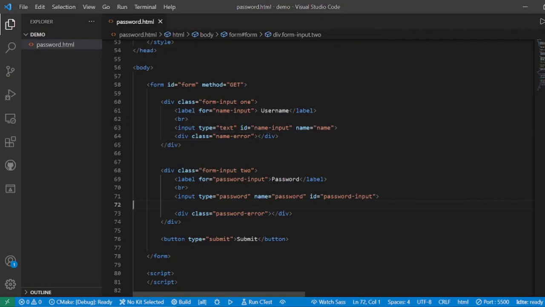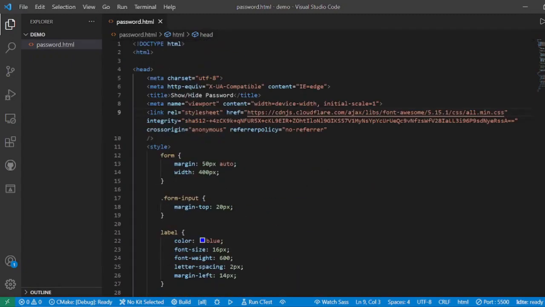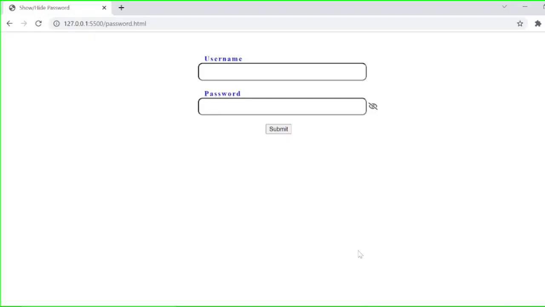Now to have an eye we need to add some class to it. There is a website called Font Awesome. I have included its link. So we have the link for the eye icon at line number 9, and we can see that this is a link for Font Awesome. I will put the link in the comment or description of this video. Please don't forget to include this link, otherwise your eye would not be displayed. Now to add the eye, I have used a simple HTML class from this link. So I'm just going to paste it here and save it, and we can see that an eye has been added next to the password field.